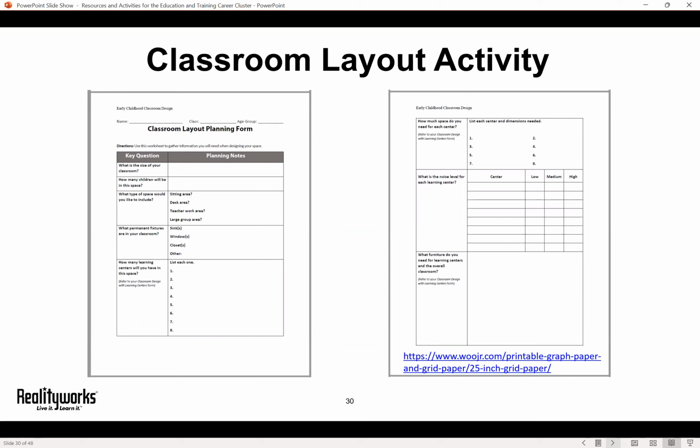The planning form could be completed at home or in class if you're in person. I could also share any of these forms on an LMS system, but once your students complete that, then they're ready to draw their plan. And if you don't have the Child Care Center Design Kit, you could use graph paper, and I've included a link on the slide here. There's many free printable graph paper websites out there if you look for them, but here's just one. So they could print out that free graph paper and lay out the design from their planning form that they've completed. So that's always a really fun hands-on activity for students to be thinking about the educational environment